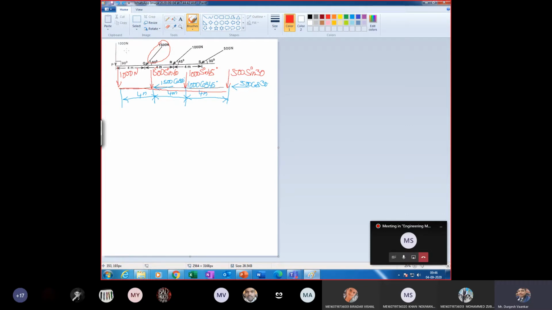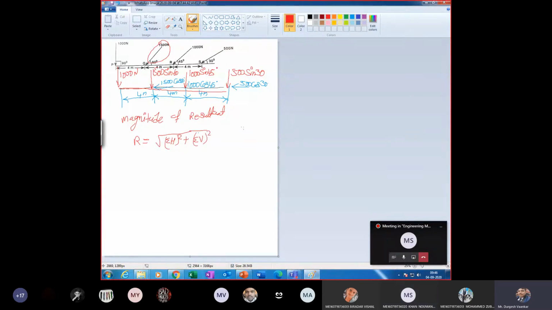Now what we have to do, we know very well the magnitude of resultant force. Now tell me, what can I write? How to calculate the magnitude of resultant force? R equal to, whenever inclined force we have, square root of summation of forces along horizontal direction squared plus summation of forces along vertical direction squared. Okay?